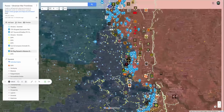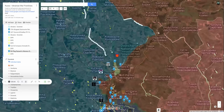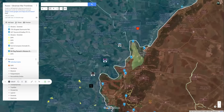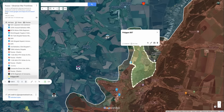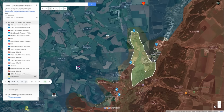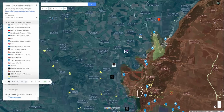But I really do want to focus most of my attention today on the situation in the Oskil River and Kursk regions. So over here, you can see the Russian advance amounting to almost 9 square kilometers of territory. So that is a non-trivial amount. It actually is a lot, and it does rival some of the other large-scale gains accrued by the Russian forces